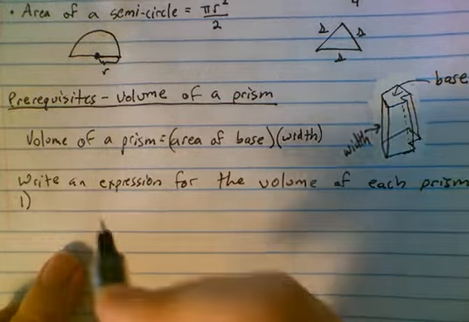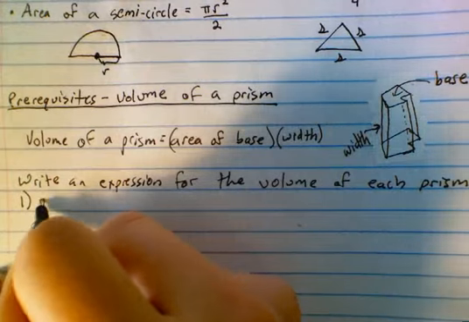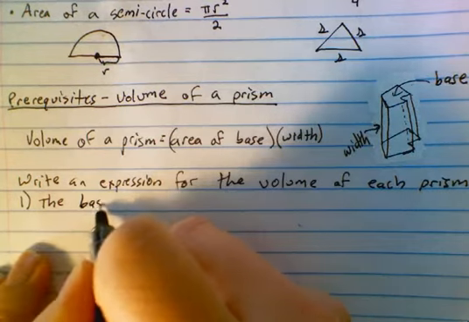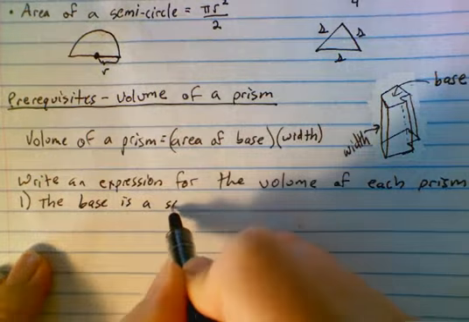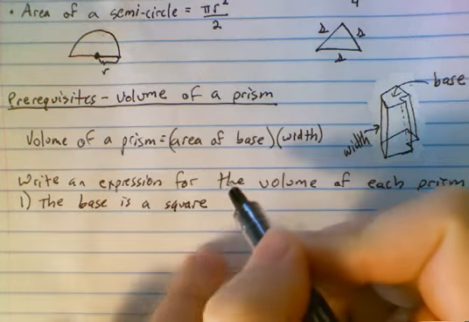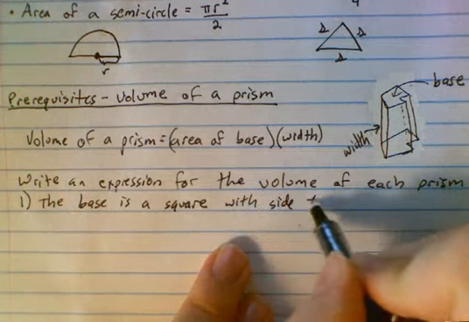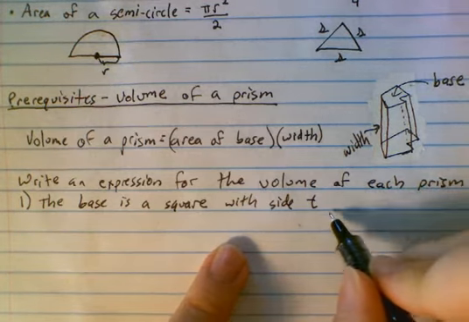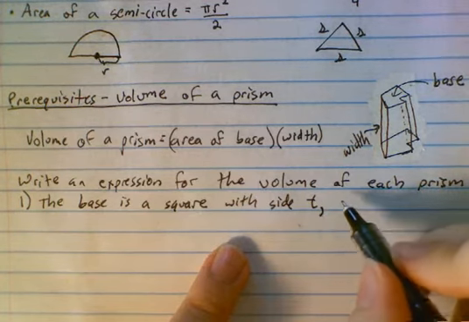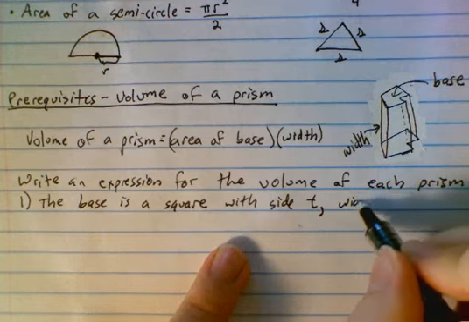First, let's start off with a prism where the base is a square with side T. And the width,